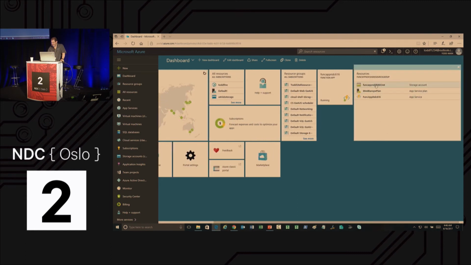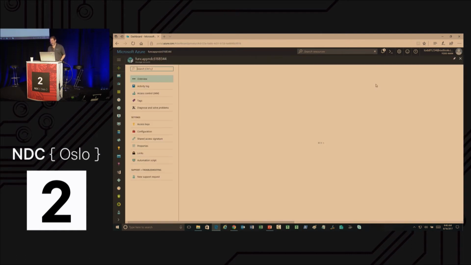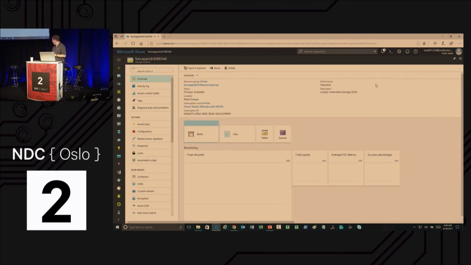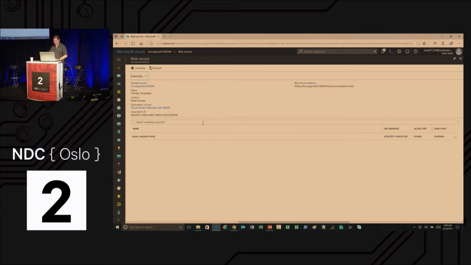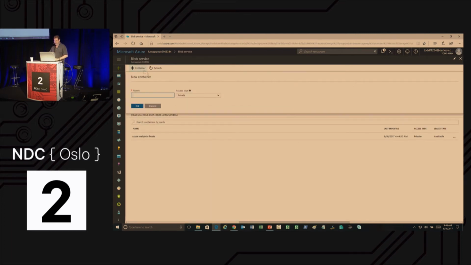So let's go over. Now, I have a lot of complaints I've given to Microsoft about the new Azure portal, but it actually is getting better and better. I'm on the verge of liking it. But one thing I really do like is this storage account view, because it consolidates all your Azure Storage stuff in one place: queues, tables, and files. So we're going to go to these blobs, our Blob Storage account. There's nothing in it. We're going to create these 3 containers.